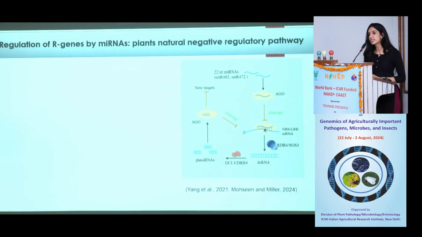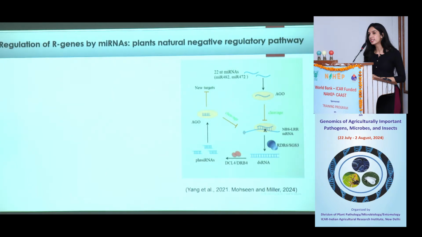Many miRNAs have been reported with a typical characteristic length of 21 to 22 nucleotides. They have been found to be conserved for targeting the NLR genes. NLR genes, as most of you might know, are a very important class of resistance genes in plants. These miRNAs act on the NLR genes and lead to post-transcriptional gene silencing of these NLR